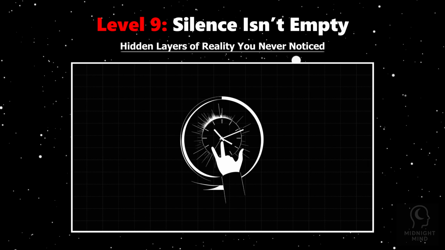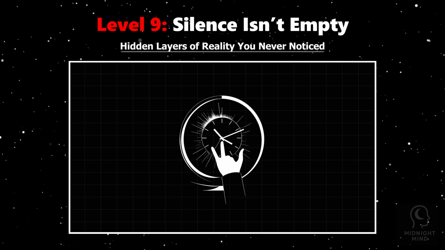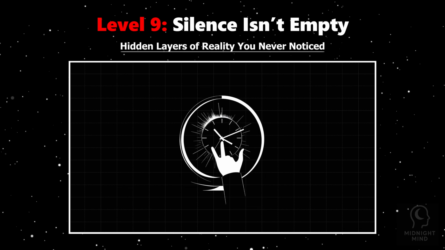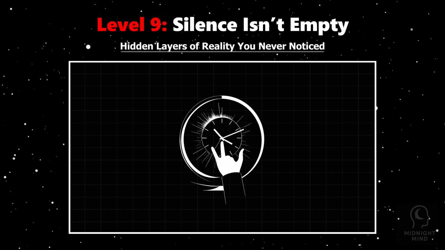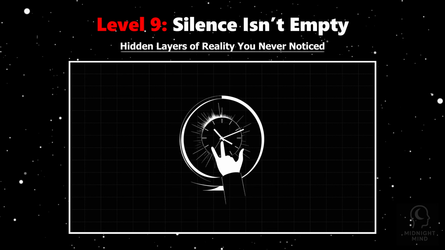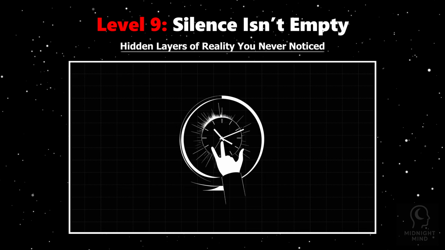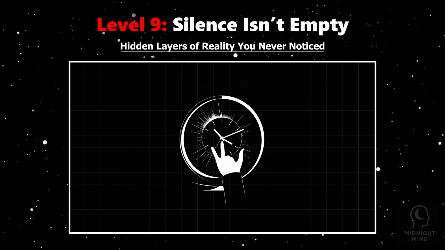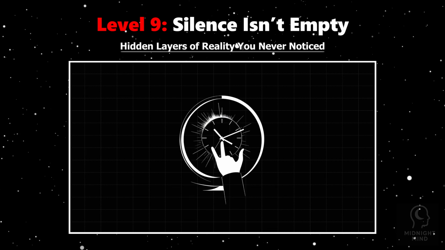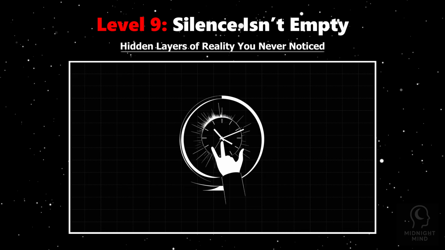Imagine sitting in complete silence, no sounds, no distractions. But in truth, the universe never stops humming. Your brain filters this constant symphony, editing out frequencies that don't help you survive. Neuroscience reveals that what we perceive as silence is actually a carefully crafted illusion. Our auditory system is wired to ignore predictable, non-threatening background noise, a process called sensory gating.